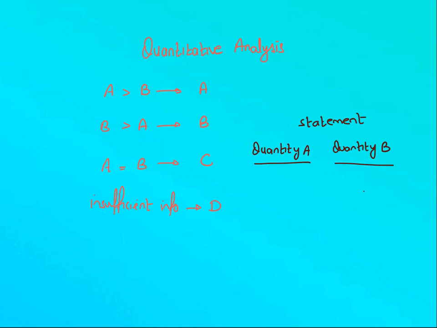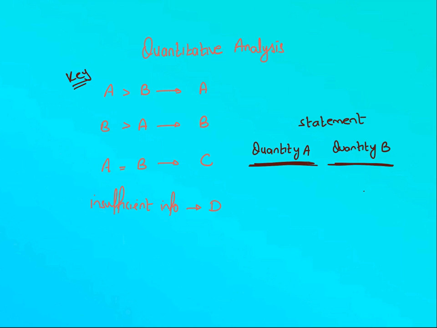Now these are selected questions from the assignment. But before starting the questions, let's just quickly discuss the key. The key is right here. You will have two quantities. After every statement, you will have two values. One in the first column, which we call quantity A. One in the second column, which we call quantity B.